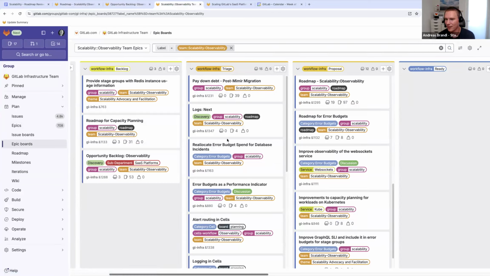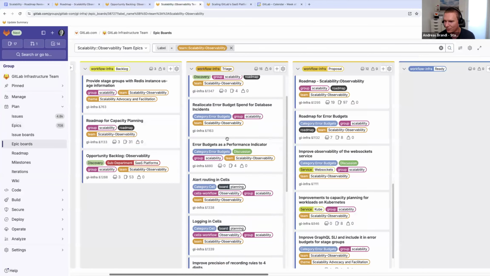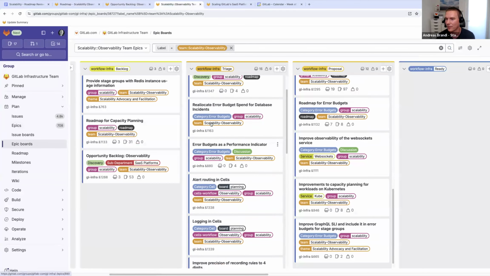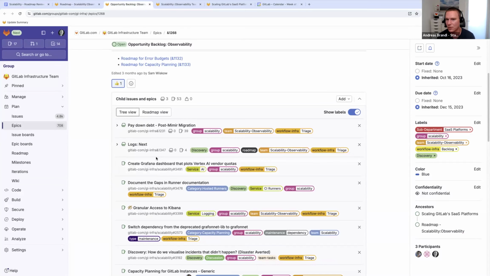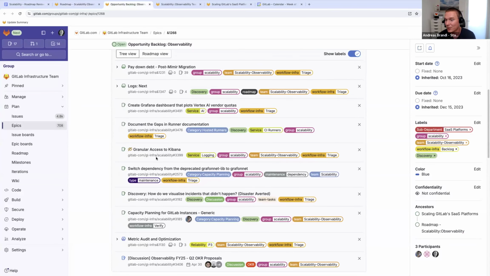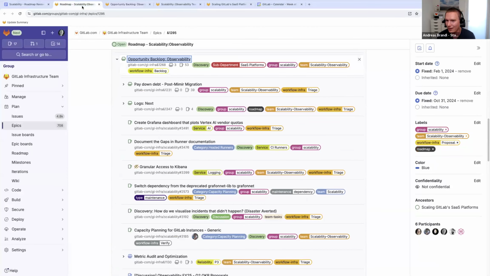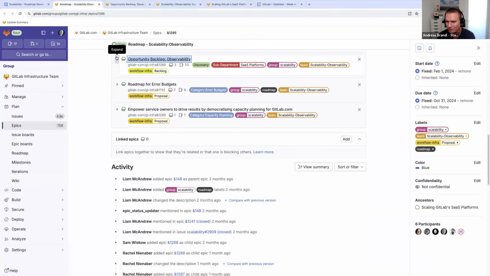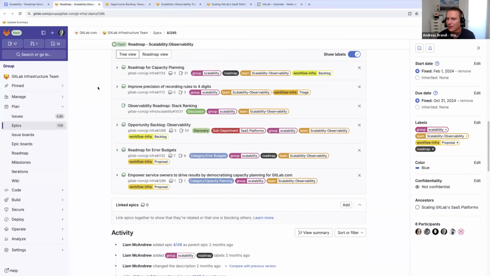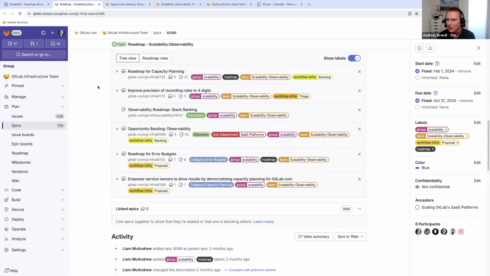One outcome might be to put stuff into the backlog, or to progress it enough that it can go to the next stage. So that eventually the goal is to aim for as few epics as possible in triage and proposal. Would that make sense?